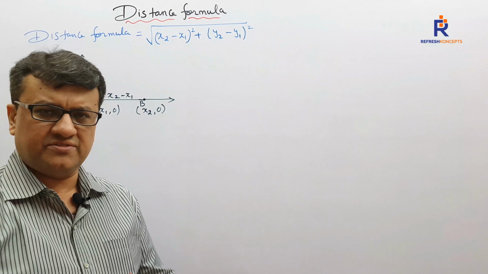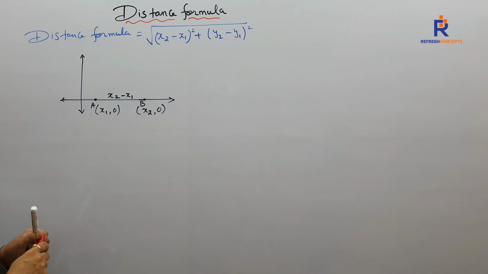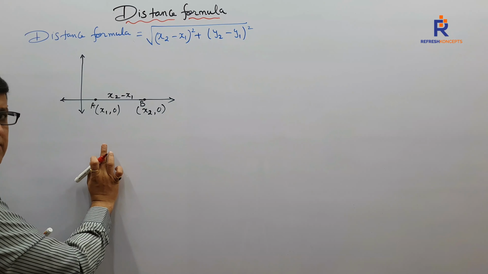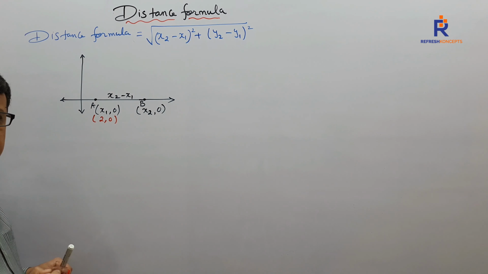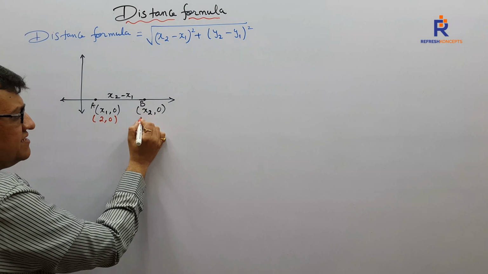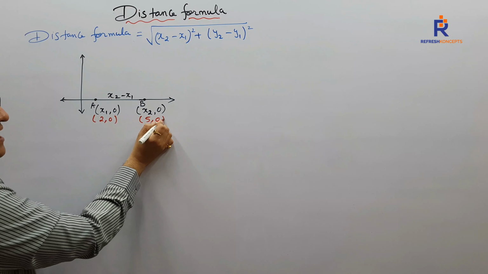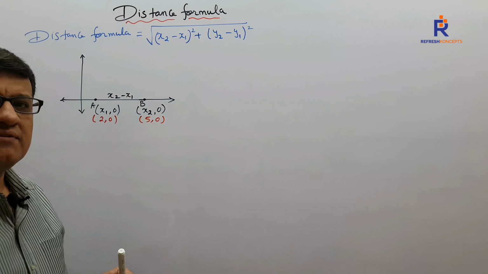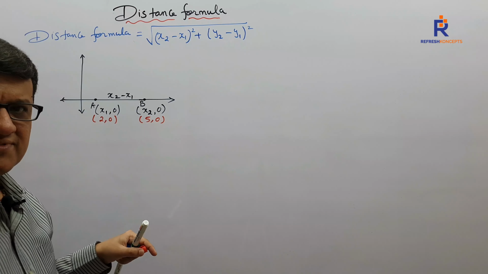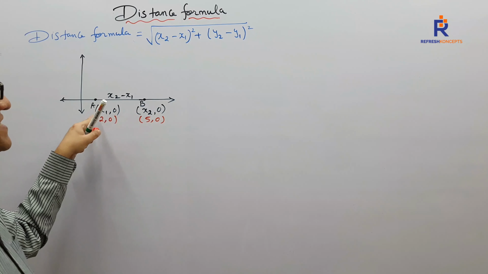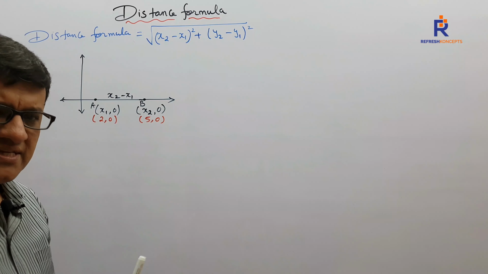If a handful of students are still not understanding, sir, how, I'll give you one more simple illustration. Children, say for example, this particular point A on the x-axis has coordinate 2 comma 0 and B is 5 comma 0. Now you tell me what is the distance between AB? Naturally people will say, sir, 5 minus 2. Right? That's what I have done. x2 minus x1. Isn't it?